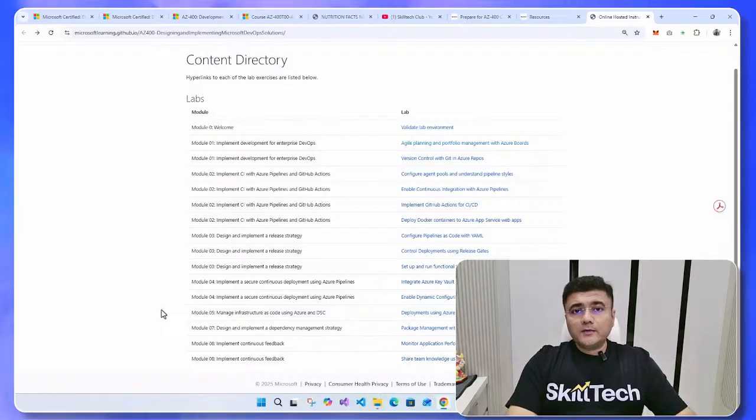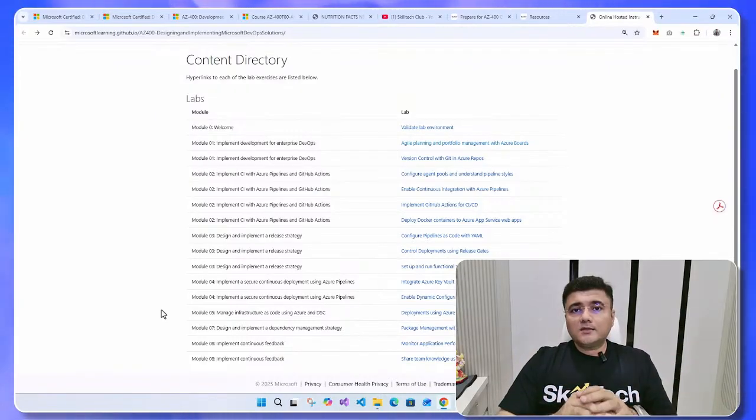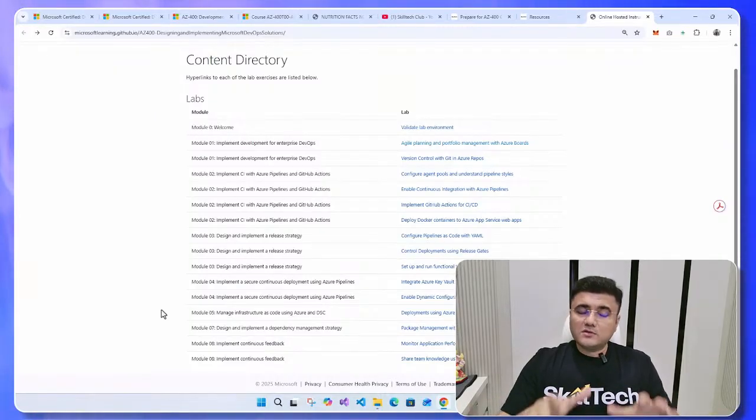But I strongly recommend this to people who have at least 8 to 10 years of experience. For them, this is a certification track which is really valuable and important for their career. AZ-400 is something which is going to make you a DevOps Engineer Expert. And this title is something which you cannot compare with other ordinary certifications. So this is a super valuable one.